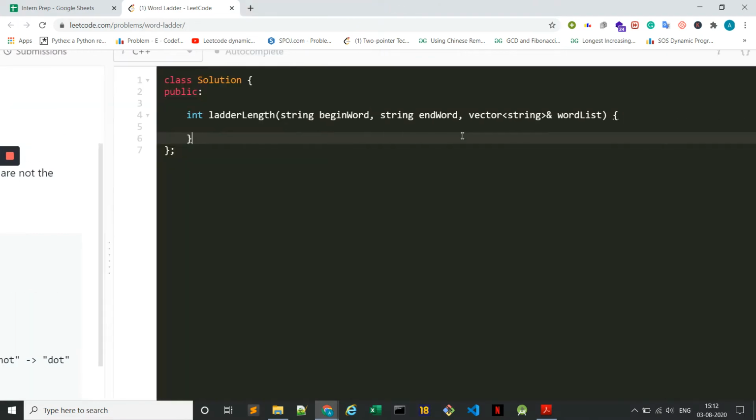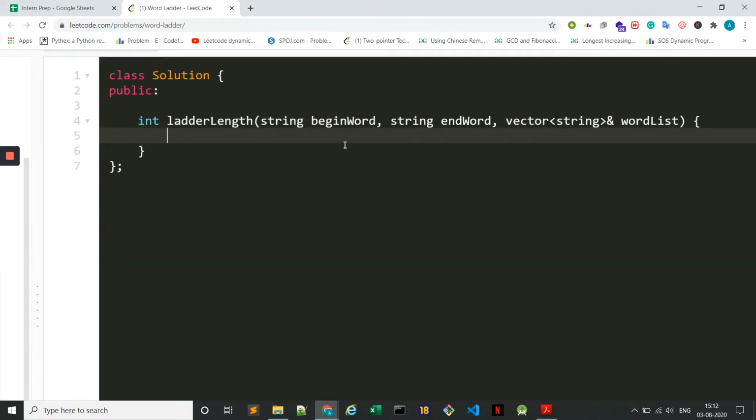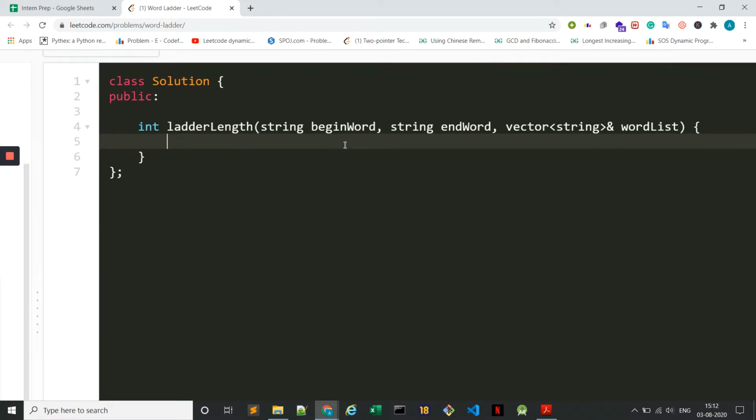It will not take more than 5 minutes to code, I guess. So basically, what we want to do is first of all we want to know what are the indexes of these two. What do we need to know? Yes, create an unordered set of string, which is visit, and also an s which contains everything in this.